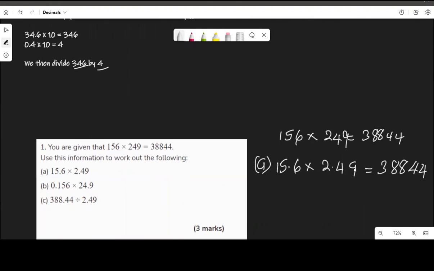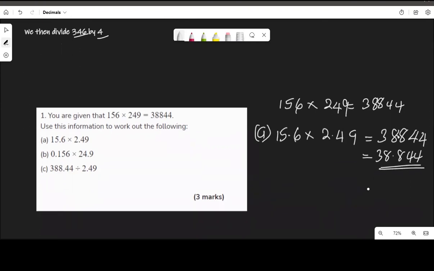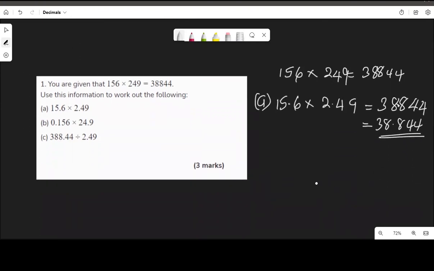So what is the number of decimal places? 1, 2, and 3. So I will count here 1, 2, and 3. So the answer will be 38.844. So this multiplied by this is 38.844. That is how to do this kind of operation without a calculator. Then the next one says